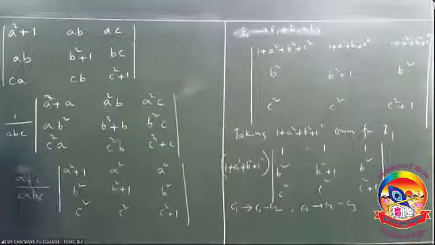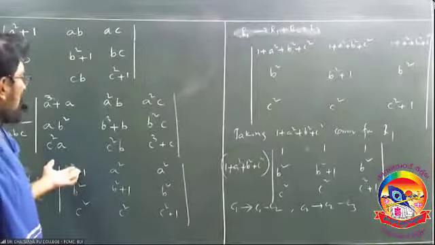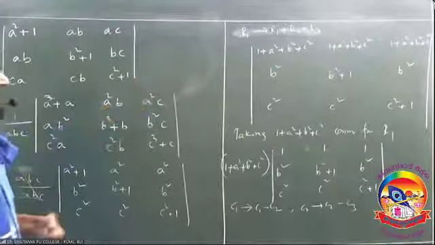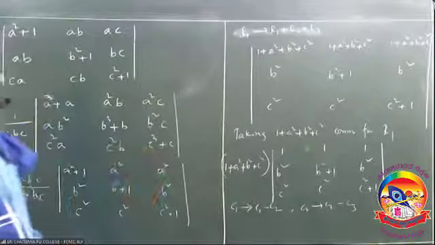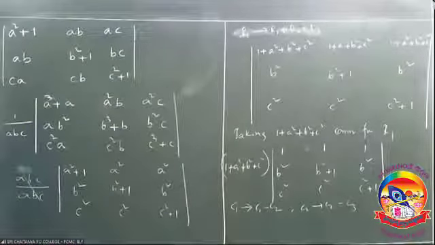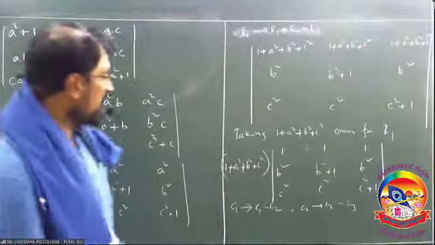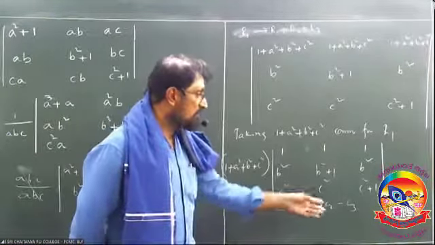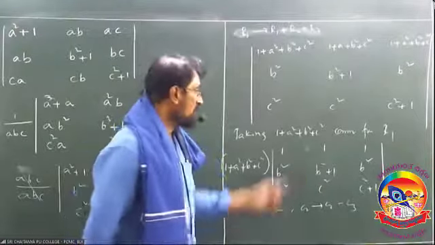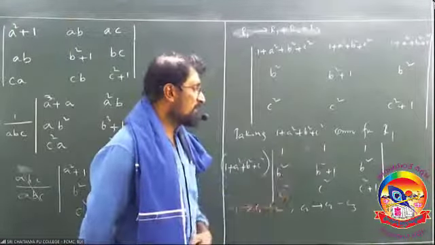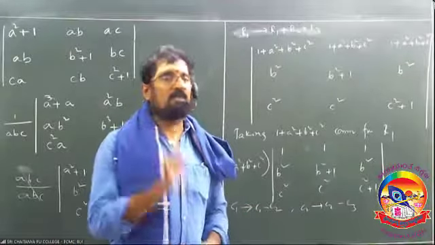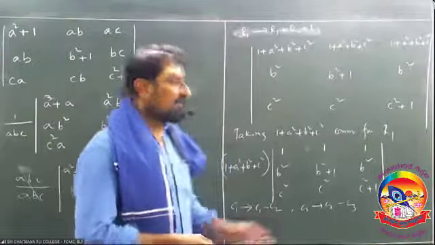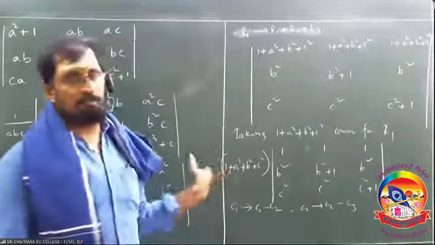I got this. After that, okay, adding R1 plus R2 plus R3, I am going to get that step. After that, take that 1 plus A square plus B square plus C square outside, I got this one. After that, C1 changes to C1 minus C2, C2 changes to C2 minus C3. That means this element becomes 0 and the determinant will become very easy to find. I think you copy this one. Okay. After copying this, I will do the remaining 2 steps on the board.